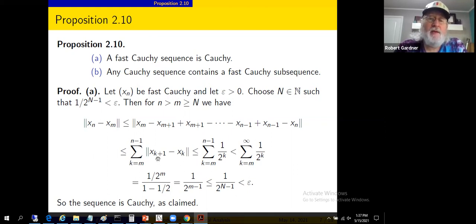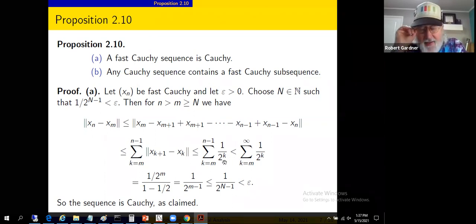How big is the norm of x sub k plus 1 minus x sub k? It's less than or equal to 1 over 2 to the k. The power of the exponent here was the same as the smaller of the two indices, if you'll look at the definition. So we get this bound: sum from k equals m to n minus 1 of 1 over 2 to the k. You wouldn't argue that that's not less than the sum from k equals m to infinity of 1 over 2 to the k. So we just threw in an infinite number of terms at the end. They're little terms. Why would you do that? Well, that's a geometric series, and I know how to sum that. And I probably know how to sum this as well, but we're just trying to get a bound.